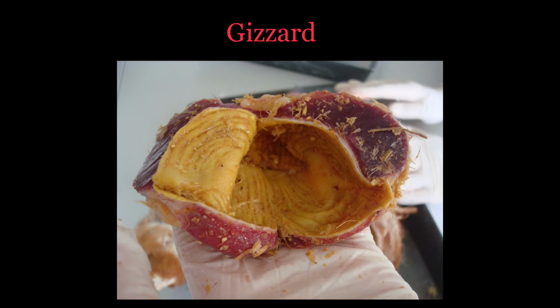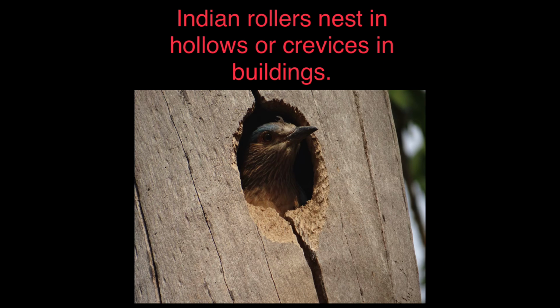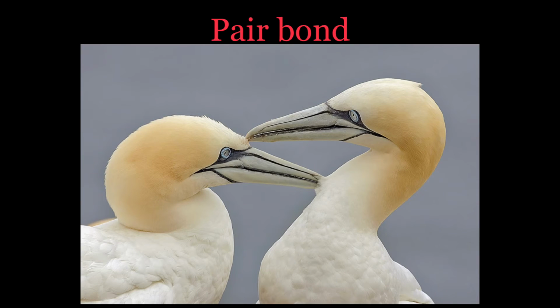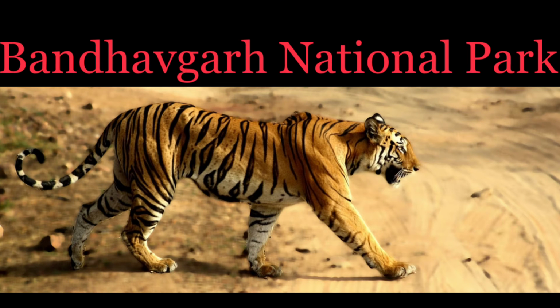pair bonds. During courtship, mates perform aerial displays which include steep, undulating flights, somersaults, nose dives, hovering and lateral rolling. This is accompanied by vocalizations. The pair then perch and display to each other with bows, dropped wings and fanned tails, and may engage in allopreening. The nest site is usually an existing hole in a tree, a dead palm or building, but may also